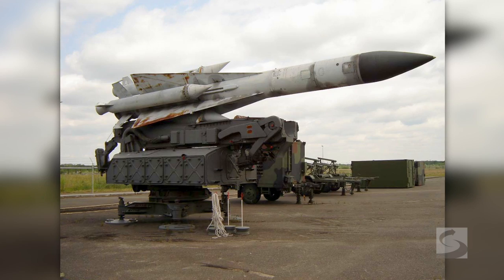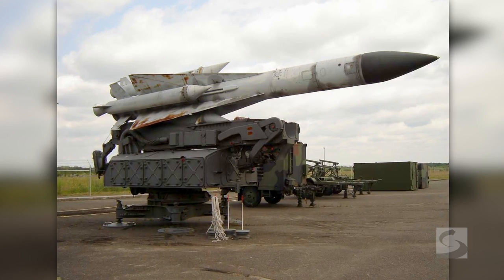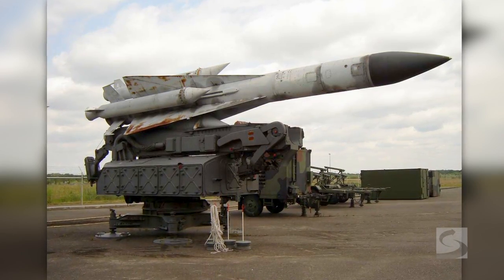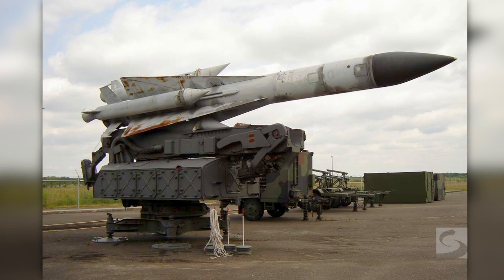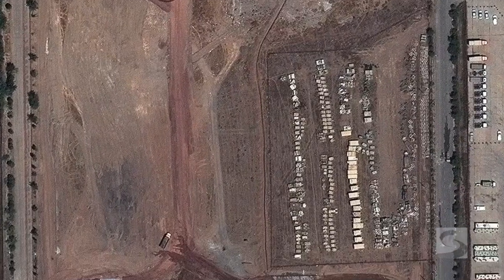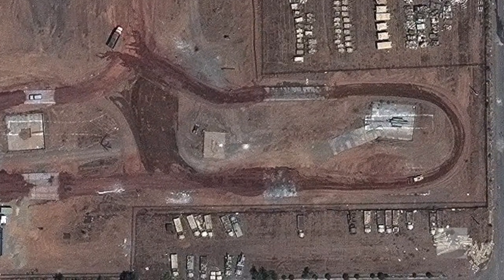air defense infrastructure. And one of the reasons that we think this is because of the role that this base had in the past, where it was an SA-5 air defense system, which is a much older Soviet-era system. And back in those days, and we still see the remnants of this in this base, there were some very limited SA-5 positions on the base, but it never had the activity of an actual operational base. On the southern edge of this base, we can still see one of the SA-5 positions visible in the satellite